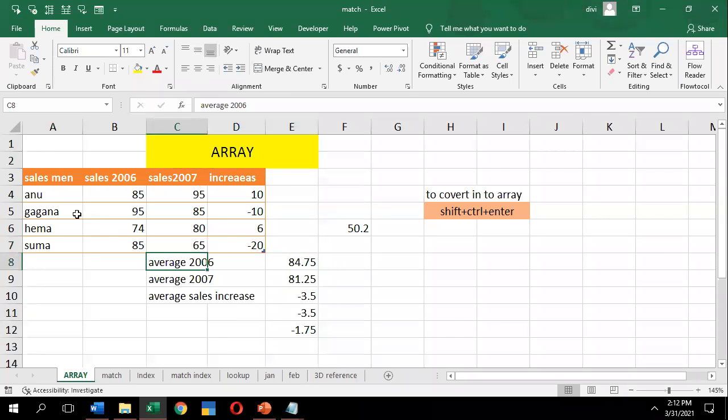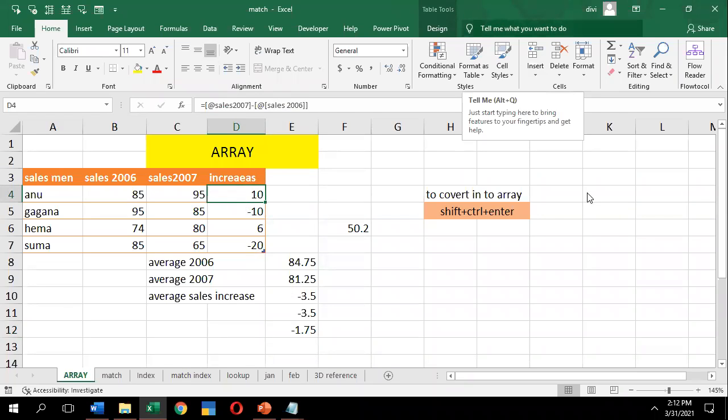So what is an array? If you're calculating multiple values and a normal formula doesn't calculate them, you can go with an array value. There are two types of array, a single method and a multiple method.